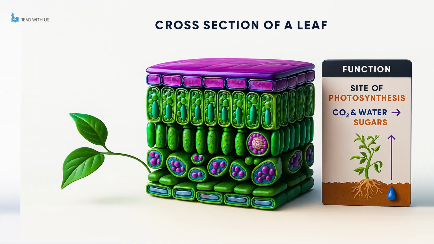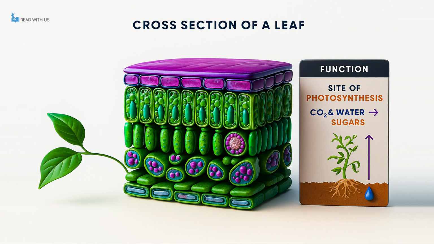When we take a cross-section of a leaf, as if slicing it from the top to the bottom and looking inside, we can begin to observe the different layers and how they contribute to its overall function. Before diving into each structural component, we should first consider the main role of the leaf, which is to carry out photosynthesis. Photosynthesis is a process that requires two key ingredients, carbon dioxide and water, in order to produce sugars,